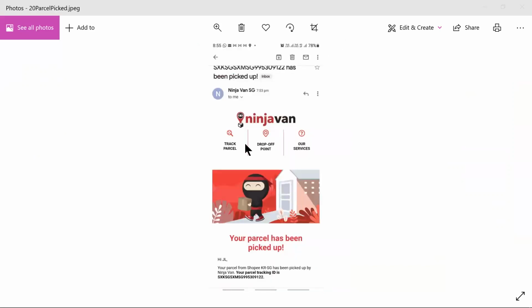And once the Ninja delivery guy comes and picks up the item that you have dropped off, they will send it to their sorting station before they deliver it to your customers. So all along the way, you will be notified. These are all made available by the features on their website, the IT, as well as the email system that they have. So all these are fully automated,